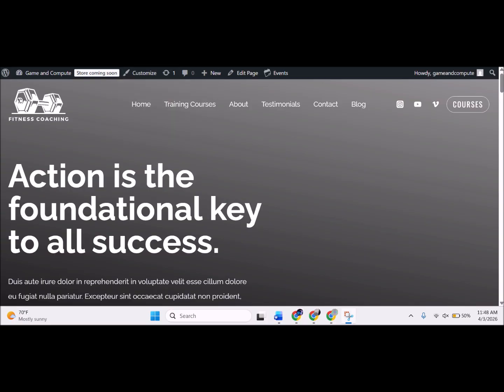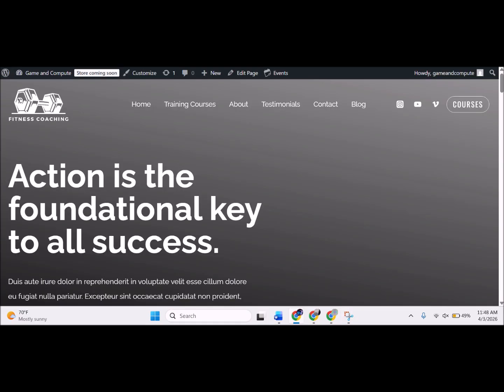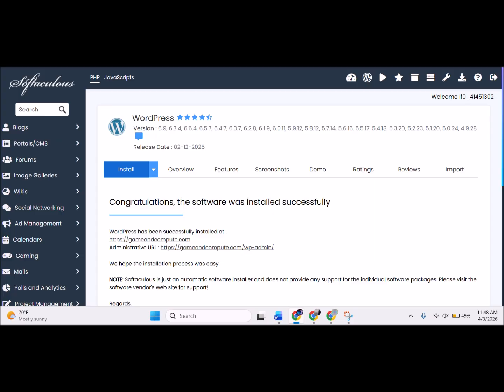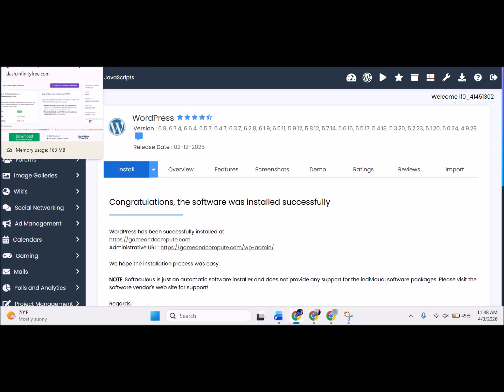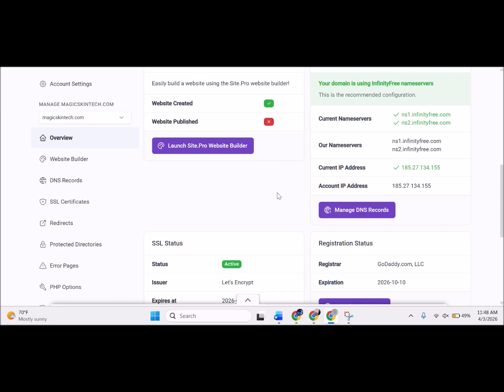If you were to use that, I don't have it anymore. I don't have it open anymore. This is a different control panel. But if you were to use that, it would basically give you a site that says Site Pro at the top, and it's got this window,